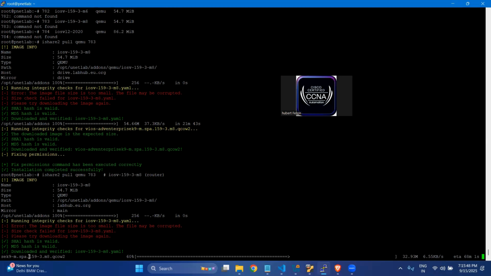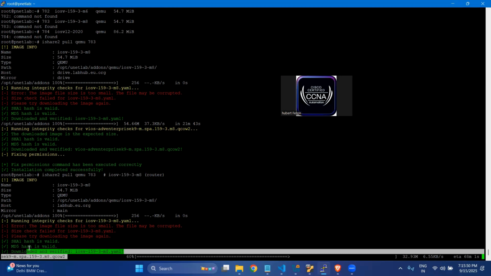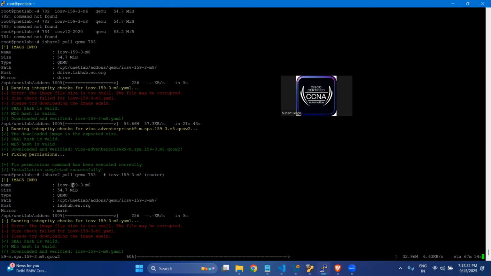Right now my device is getting installed, which is IOS v15.1-3M3, a Cisco device from the 2019 versions. I'm downloading it because if you download the images from outside, you will not get